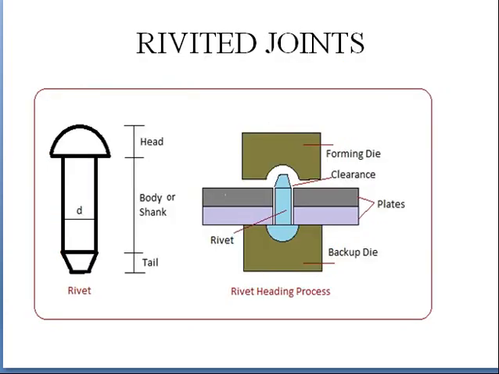Next one is riveted joints. We have two types of joints. First is permanent joint. Next one is temporary joint. A permanent joint is one where, once we make the joint, if we want to separate the parts, then we have to break one of them. It means we have to destroy something and then remove the joint. Such joints are called permanent joints. Riveted joints, welding, and all these things will come under permanent joints.